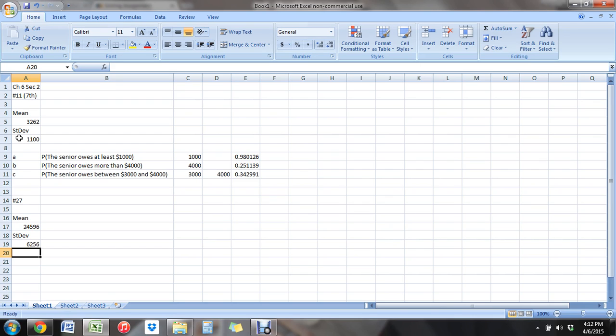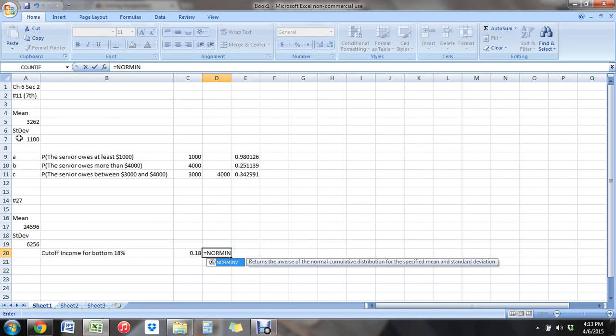So that means that the families in the bottom 18%, that cutoff would be right at the 18% mark, and we would want to look at anything less than that, so 17%, 16%, so on. So that's actually the area to the left, the 18% or 0.18. So this will be the cutoff income for the bottom 18%. So 0.18 is my area to the left in this case, and that function is NORM.INV,